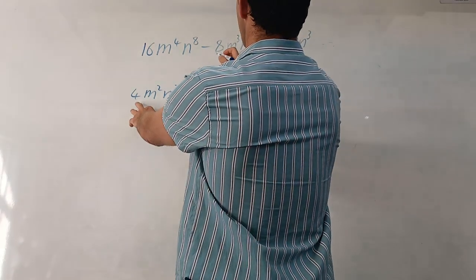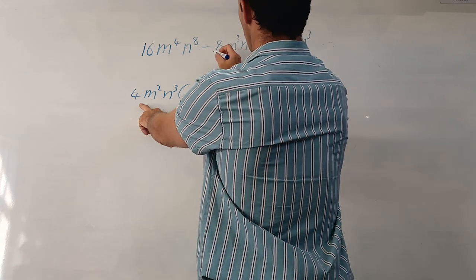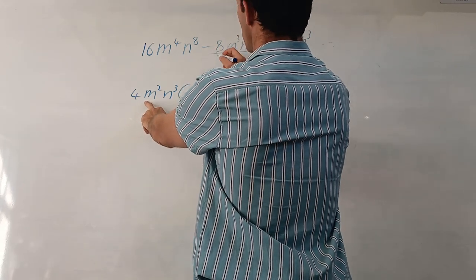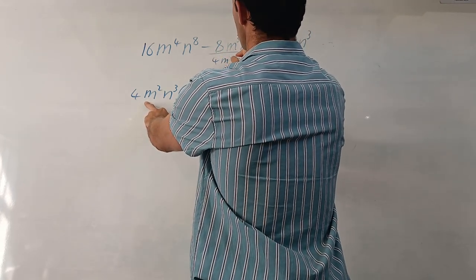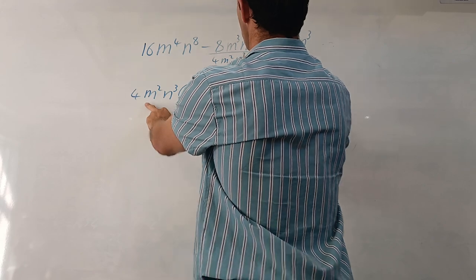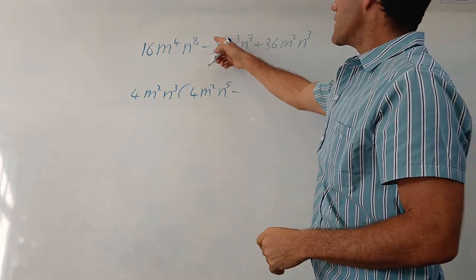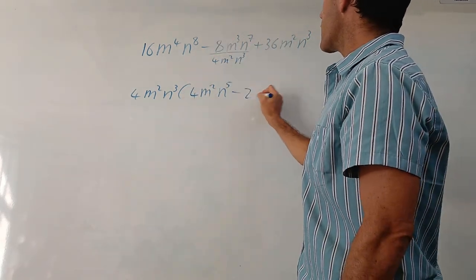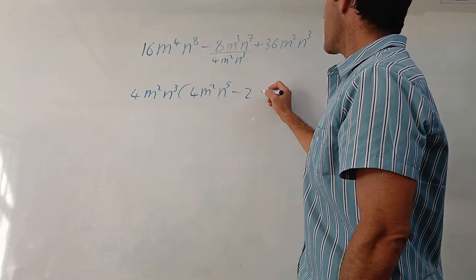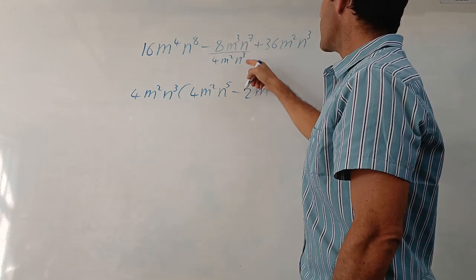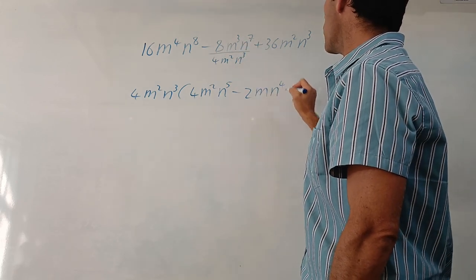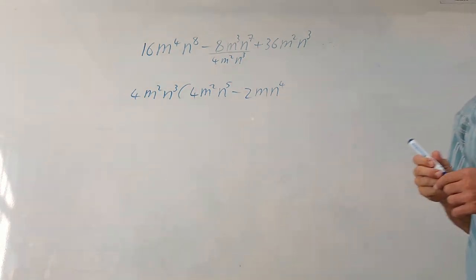You can say, okay, I want to know what must come here. So I'm going to just make in pencil a line there and say 4m^2n^3. And then I check what happens. Negative 8 divided by 4 is negative 2. m^3 divided by m^2 is m. And n^7 divided by n^3 is n^4. So that's another way to do it.